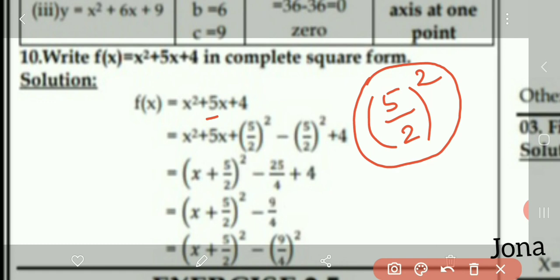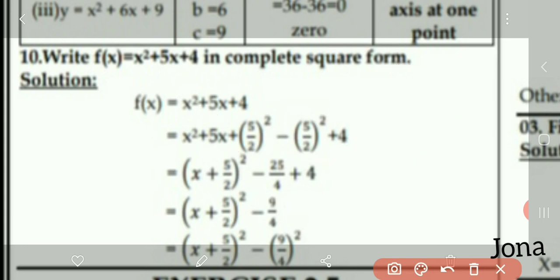So the other things, x square, 5x and 4, are already there. Keep as it is. Along with this, I want to add and subtract 5 by 2 the whole square. Do you got it there? And then I want to take the first three terms in the form of a square plus 2ab plus b square. So I want to write this as a plus b the whole square. Okay. So here if it is plus, we have to put plus symbol. If it is minus, we want to put minus symbol. So be careful about this.